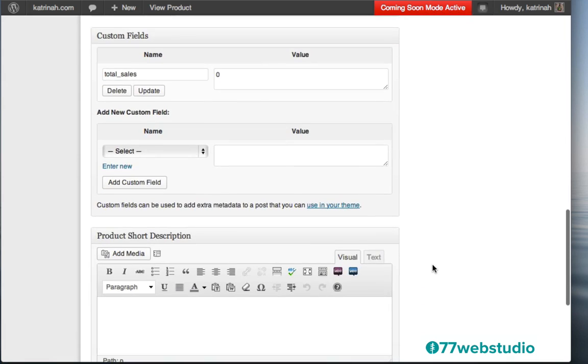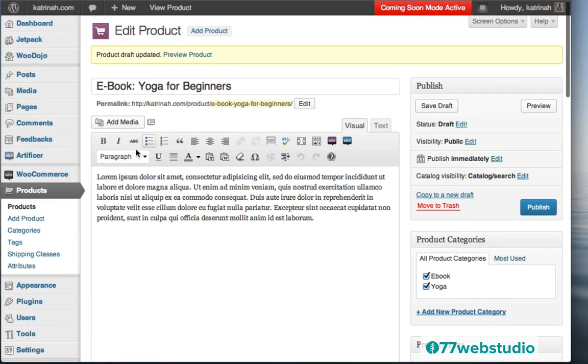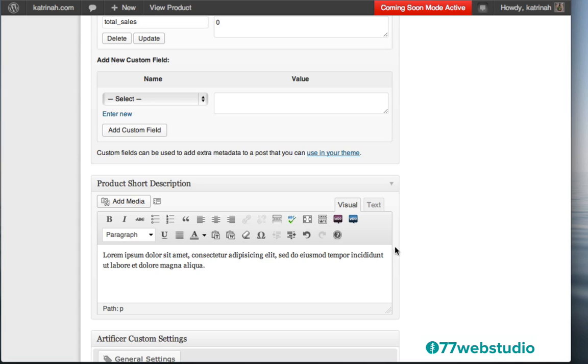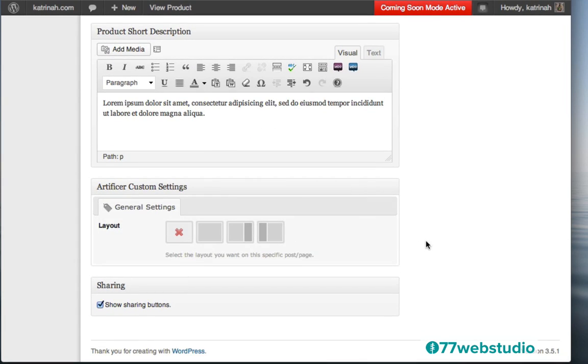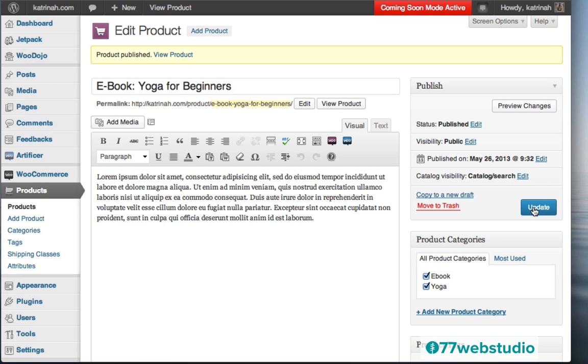And then I'm going to scroll down and I'm going to add a short product description. So I just need to add some text in that short product description area. So I'll just copy this and I'll just paste the first sentence here. And then the last step is, once again, as we did before, I want to create a full width layout, so I'll click on this box here for the full width layout. Then I'm just going to come up to the top and click on Publish to publish the new ebook to my product catalog.